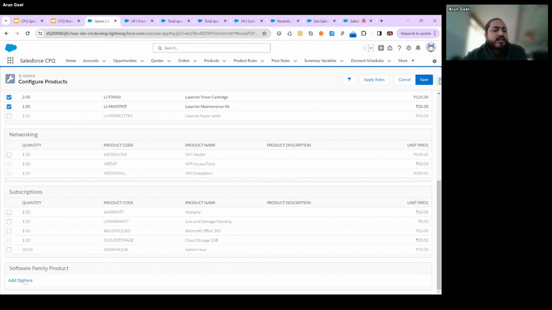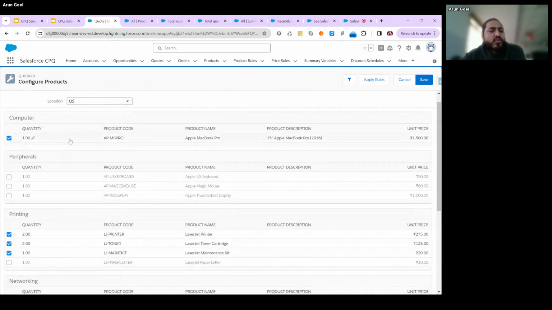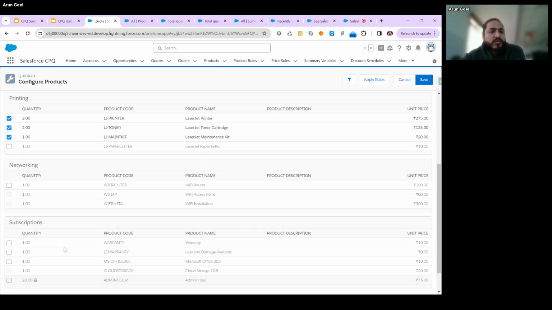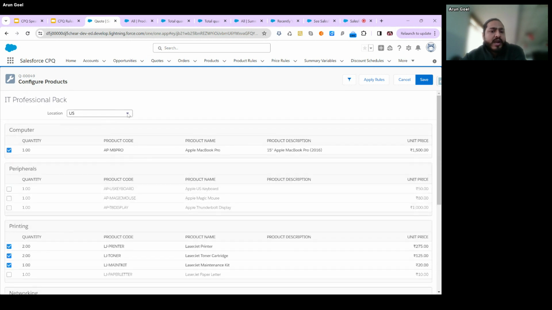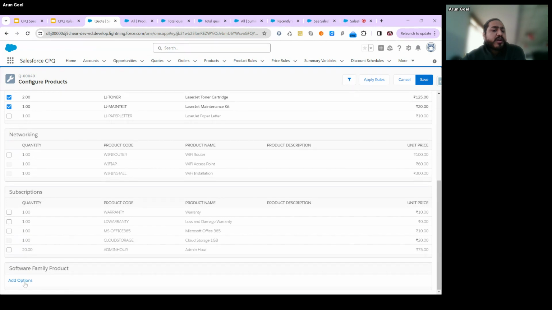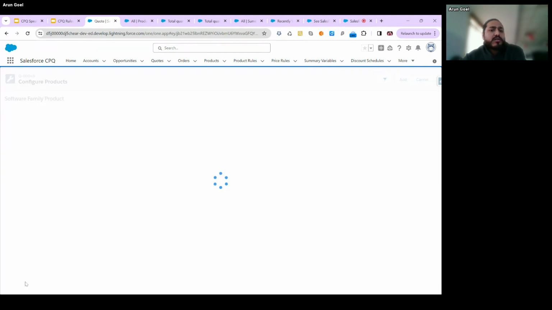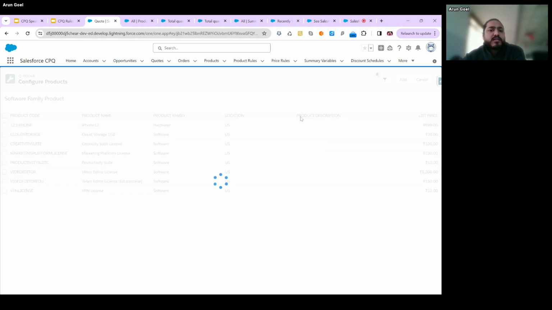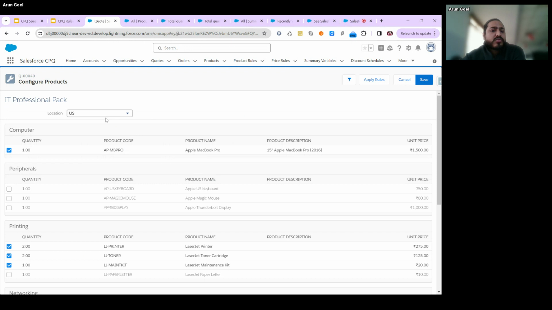So you can see, guys, in the feature no option is there, right? But you can see there's the add option. So what is happening right now? I'll talk more about what this location is all about, but let's suppose I'm choosing US or UK. On the basis of that, my options will come. If I click on the add option, you can see only the products applicable to the location are coming. So if I cancel it and choose UK,